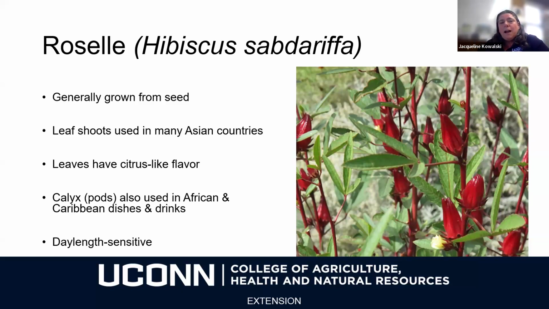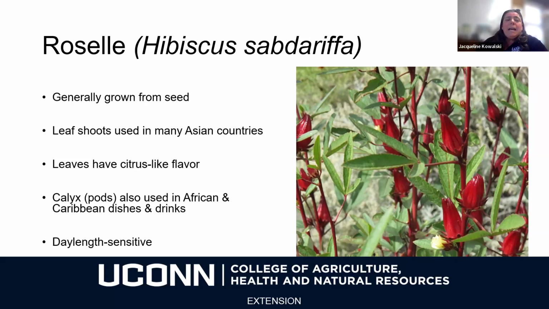The leaf shoots are used in many Asian countries. So again, this is where not having exposure to every culture can get us in trouble sometimes. Where I worked, the leaf shoots were never used as an agricultural product. What was used were the calyx or the pods, and they were used around Christmas time because the red pods were dried or used fresh, and a Christmas drink was produced from that,